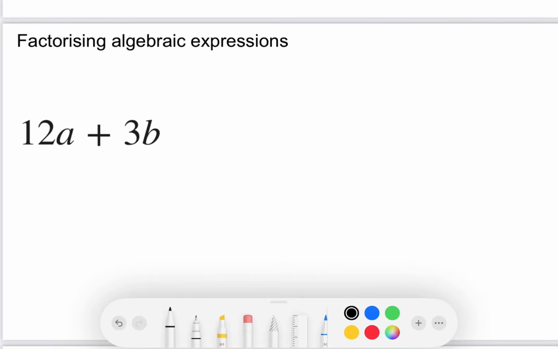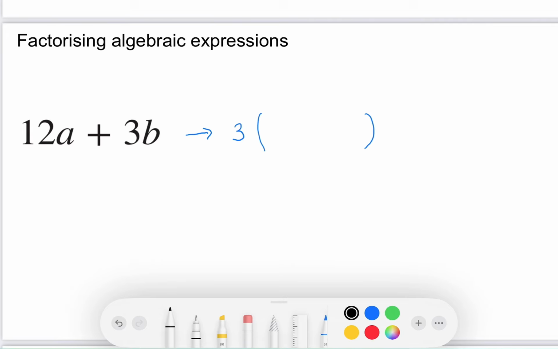Let's look at factorising algebraic expressions. Here I've got a sum, 12a plus 3b. Now, to factorise this would mean I have to take out the highest common factor of these two terms. If I look at 12a and 3b, they don't share a common variable, but they do share a common factor of 3. So I'll take 3 out the front, and then to factorise this, I need to think, right, what